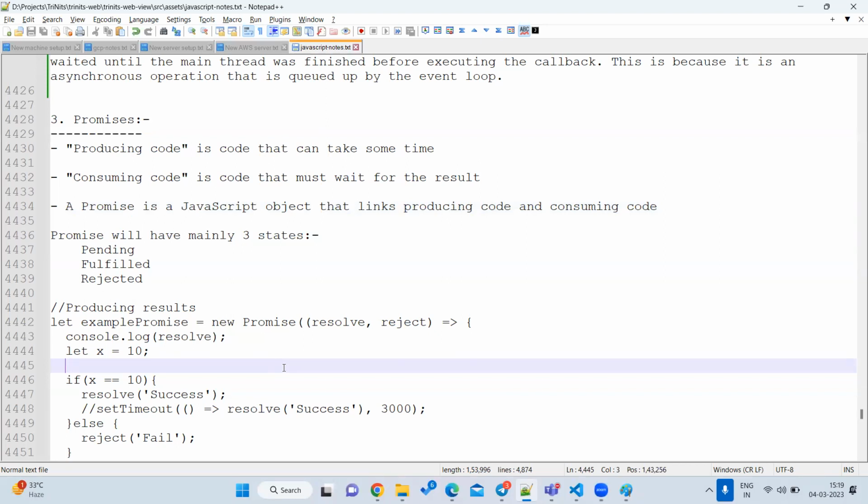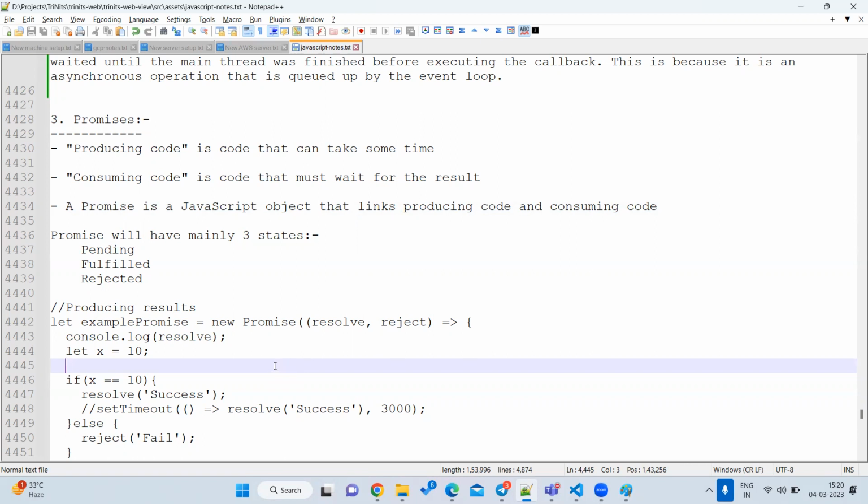Who is the producer here? The iPhone makers. And who is the consumer? Our users, whoever is buying it. So in this process, mainly there are two parties: one is a producer, another is a consumer. Whenever the producer produces, the consumer will consume. Correct, right? Without any value, how can I consume it? We cannot consume it.